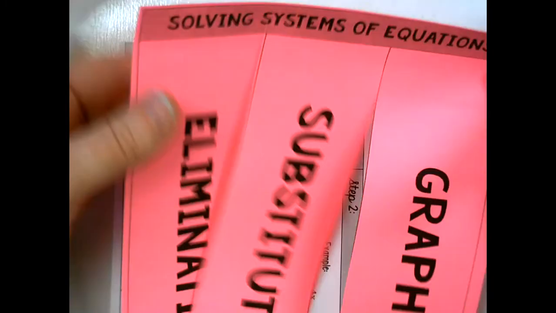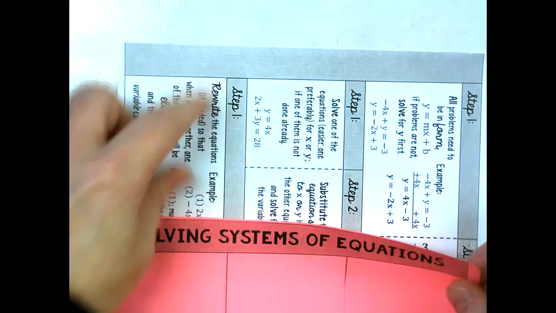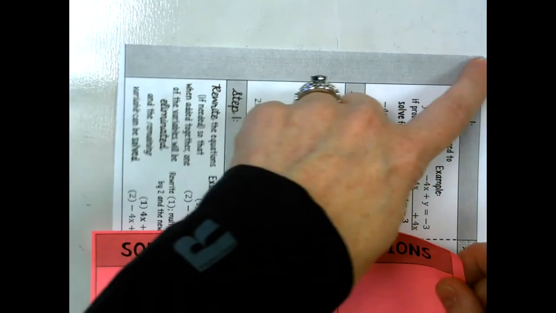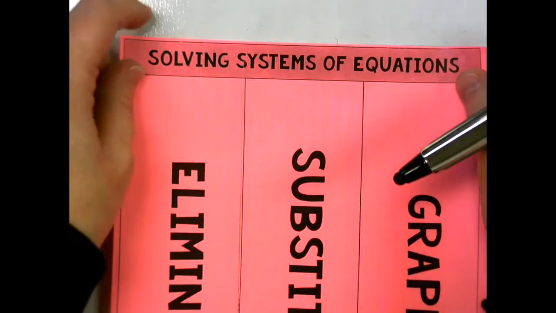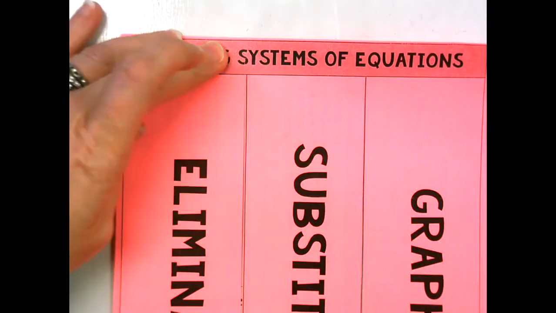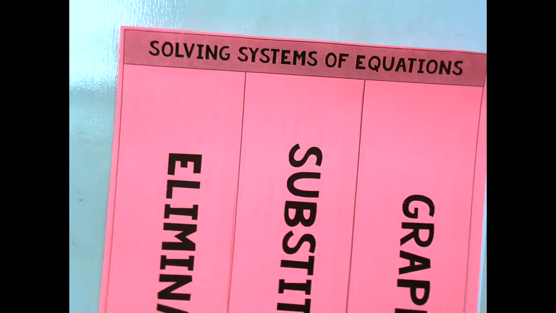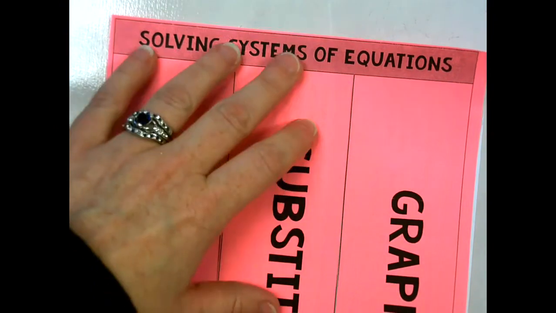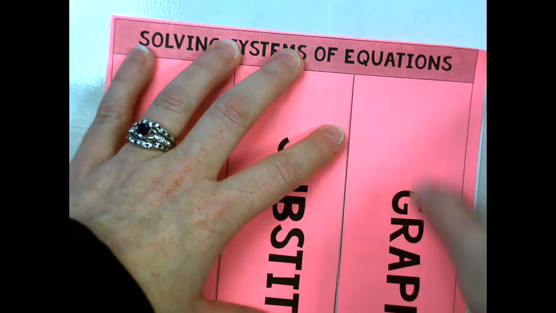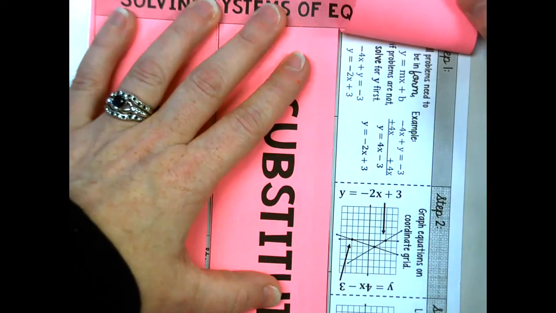So once you get the flaps cut on this piece, then you're just taping it along here. You don't need to trim anymore or anything. You just need to glue it along the top there, or tape it along the top. That will allow you to have all of the steps that we're going to talk about today for graphing,